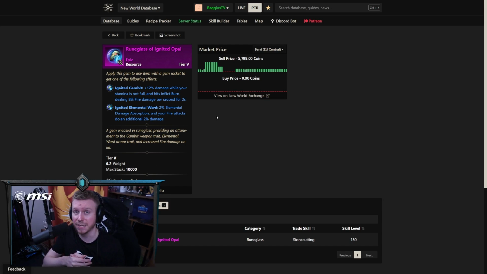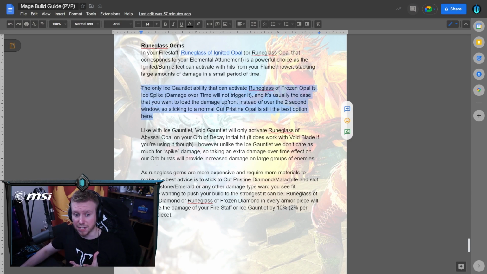You could have it be ice damage. Again, if you're running a ring that gives you bonus ice damage, or you're running a ring that gives you bonus void damage, run the relevant gem to co-align with that and increase the damage. But definitely taking one of these in the fire staff to get that huge flamethrower damage is a good idea. When it comes to the ice gauntlet, as we mentioned here in the guide,